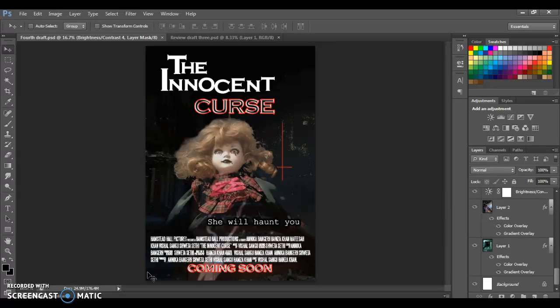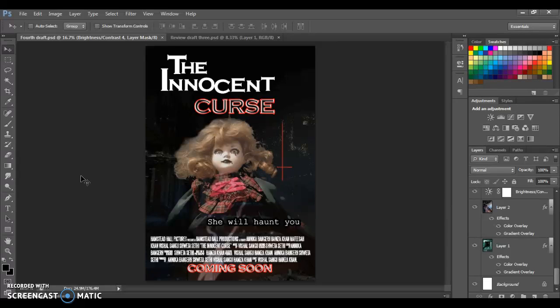For example, the doll on my poster. This doll was manipulated in a way that the bottom of its dress is almost consumed, and it shows that it's not visible. This is to show that the doll lurks in darkness and suggests that the background consumed the doll just like the doll consumes the daughter in the film. This software was very successful as I was able to make, edit, and manipulate my poster and other images I